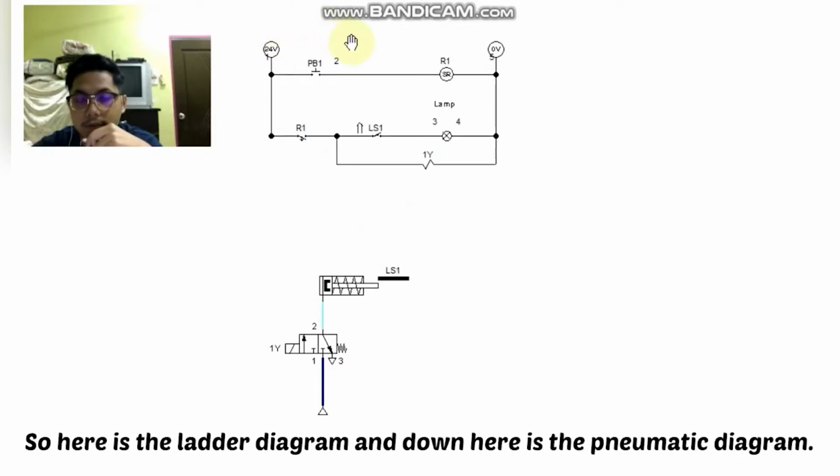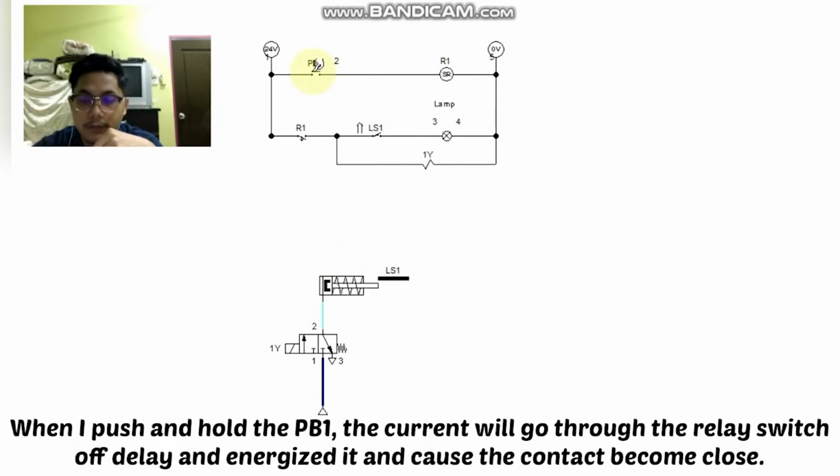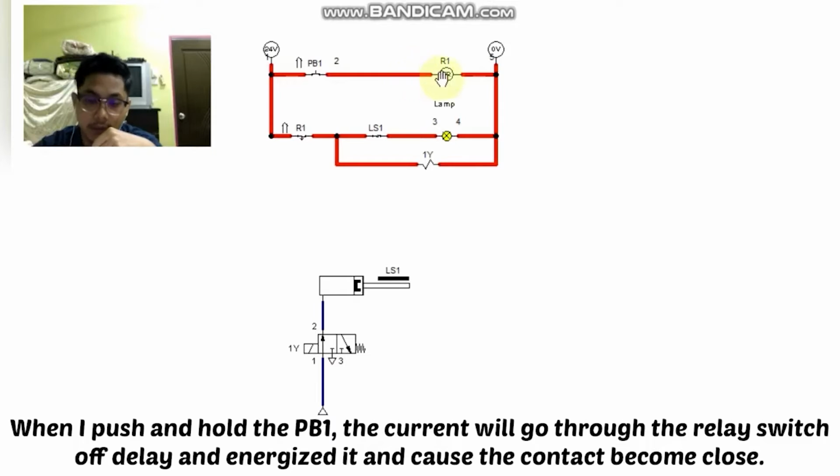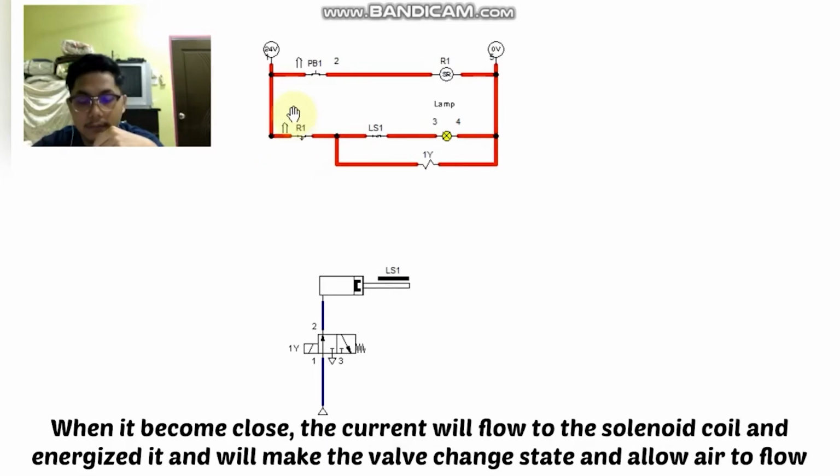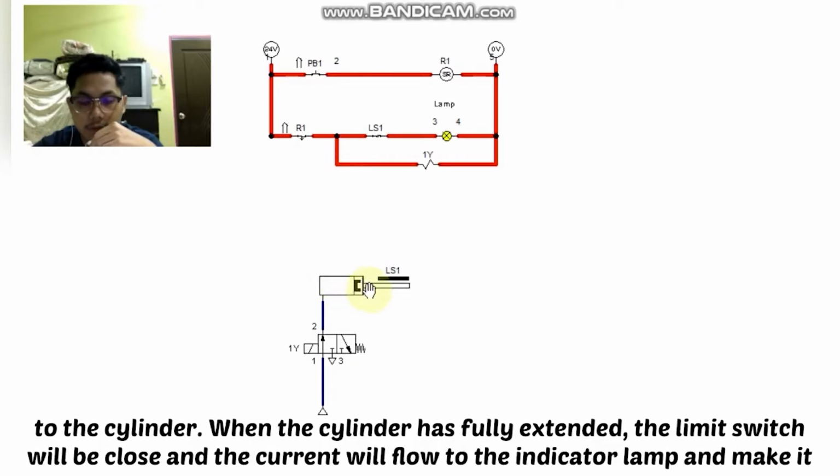So here is the ladder diagram, and down here is the pneumatic diagram. When I push and hold the PB1, the current will go through the relay switch off delay and energize it and cause the contact to become closed. When it becomes closed, the current will flow to the solenoid coil and energize it and will make the valve change state and allow the air to flow to the cylinder. When the cylinder has fully extended, the limit switch will be closed